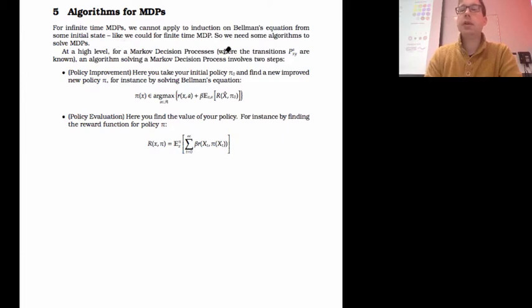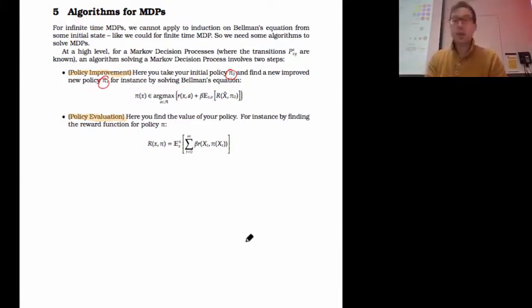At a high level, if you want to solve a Markov decision process for the optimal policy, there are two main components. The first of these is policy improvement, and the second is policy evaluation. So what are they? Here, you take an initial policy pi 0, and you define a new policy pi that is meant to improve the value function in some way.